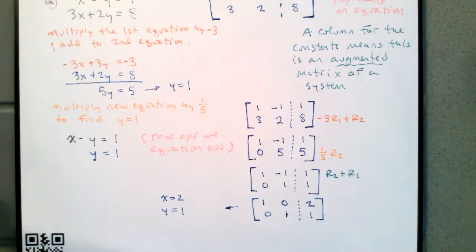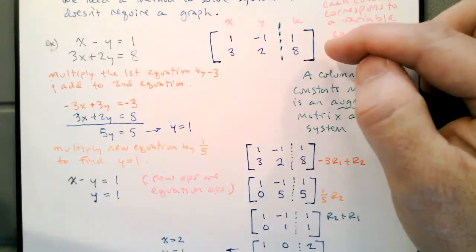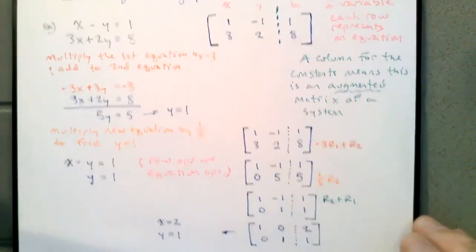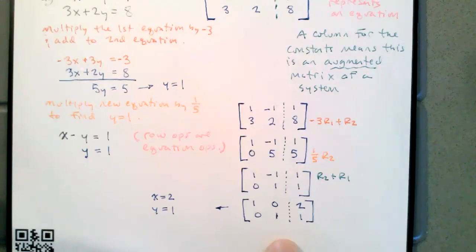All right. So this is going to be the basis for our method. What we want to be able to do is take our linear system, encode it into an augmented matrix and perform row operations until we get to a form that we could read as the solution. The way that I know which row I'm replacing is, my particular method,